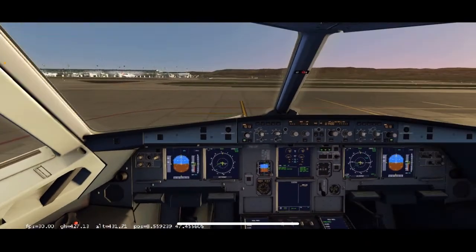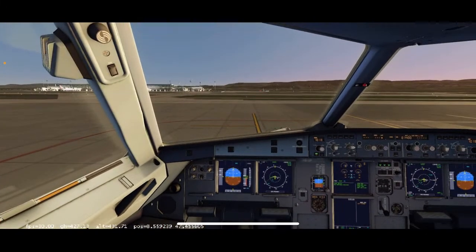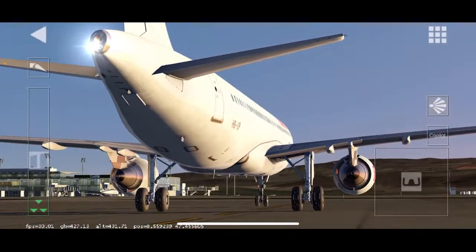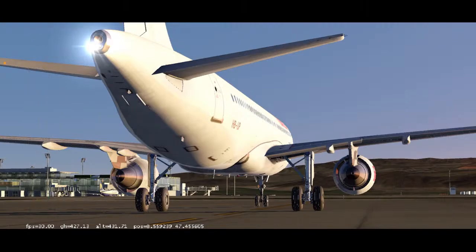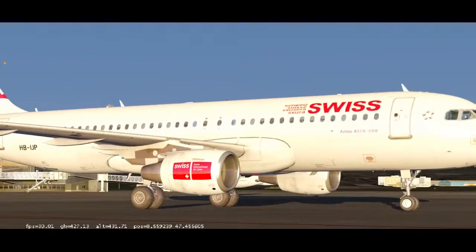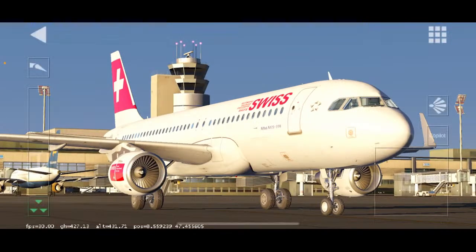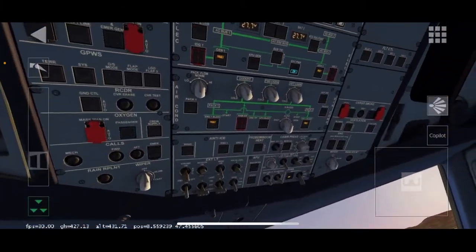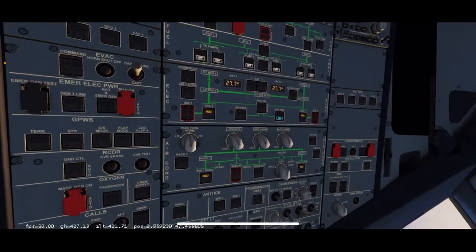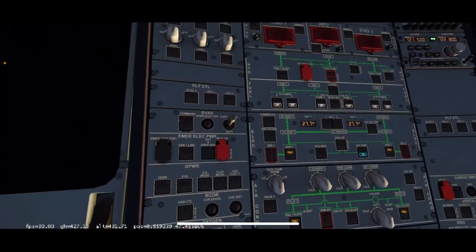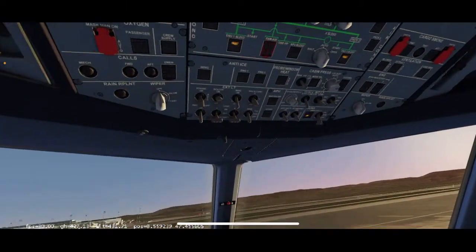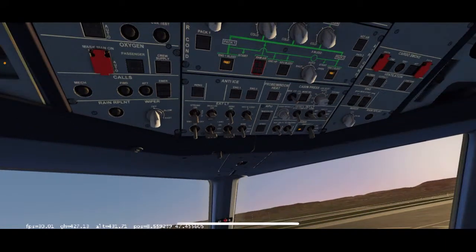So that's your auxiliary power unit. Basically there's a little turbine in the back of the plane that gives power, so that we don't need to use the external power. It provides power while the engines are off, so that the plane has its own power source. If I got that wrong, let me know. But that's my understanding. So what you're going to want to do is start up your APU, your auxiliary power unit. I'm going to do that again very slowly.